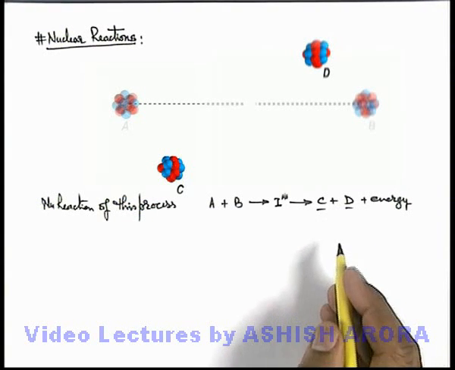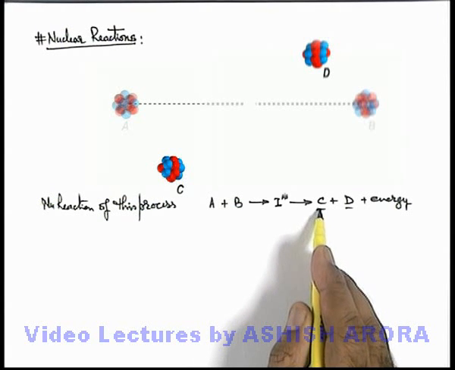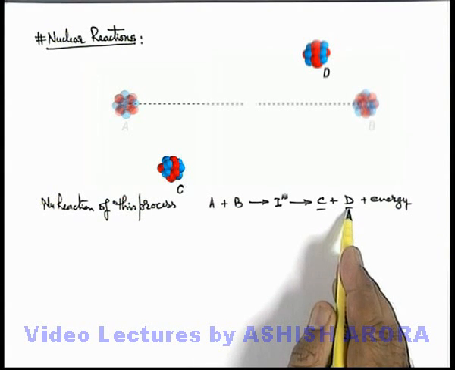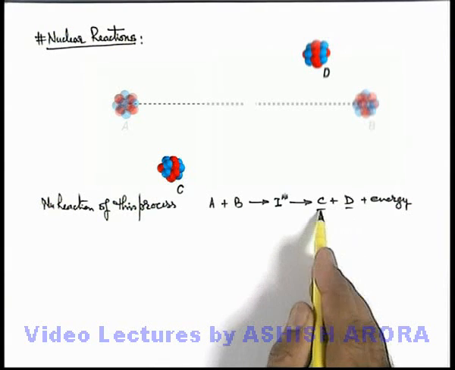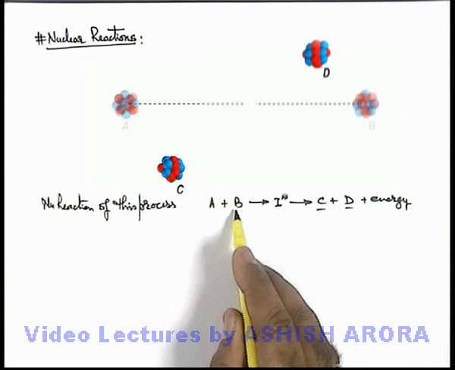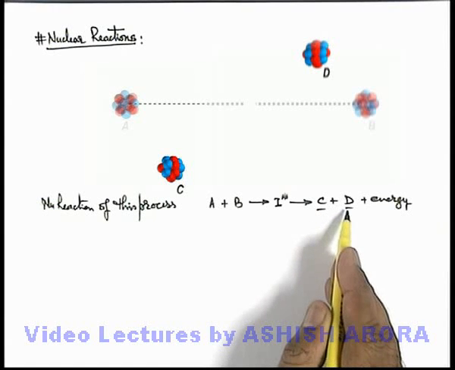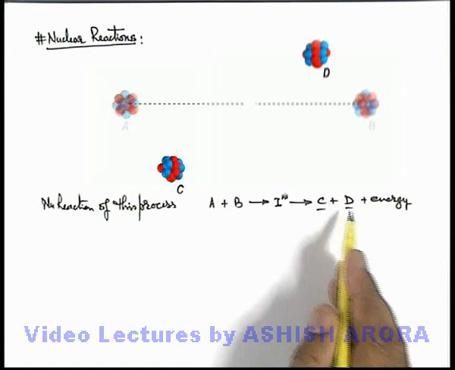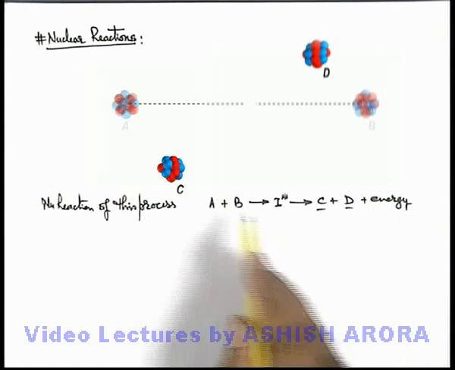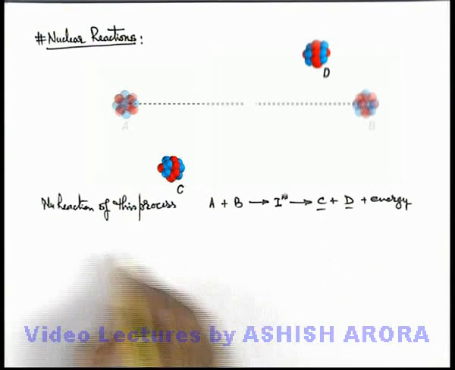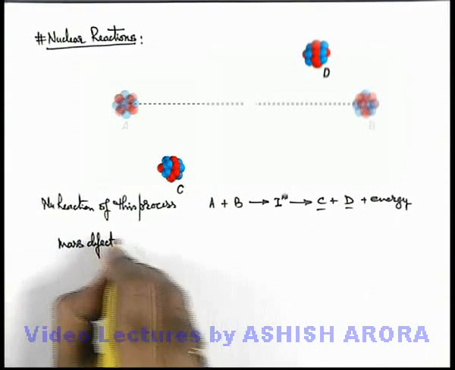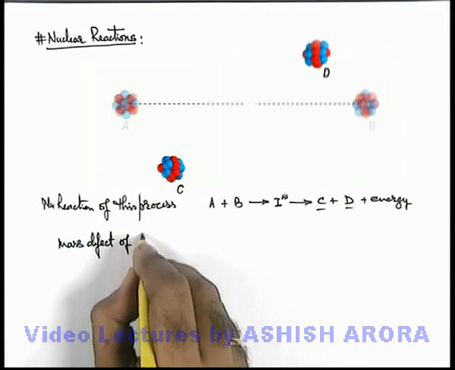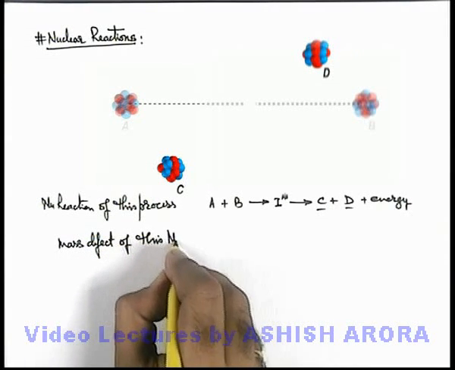And in this situation, obviously we can see that the final end products which are thus produced are not A and B. That means C and D nuclei are more stable compared to A and B. That means these have relatively lesser energy. So here also this energy must be released due to the mass defect of this reaction. So here if we calculate the mass defect of this nuclear reaction,